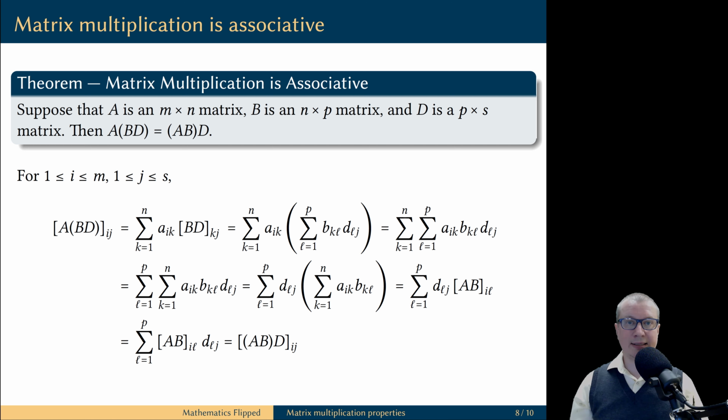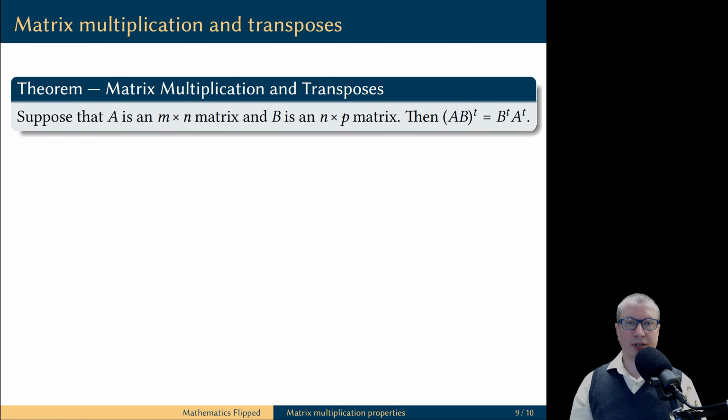Now, if you look at the beginning and the end of this computation, you will see that the two matrices under question have identical entries. Therefore, they're equal. The last property tells us that transpose distributes over matrix product, but you have to change the order of the multiples. The transpose of the product matrix AB is B transpose multiplied by A transpose.